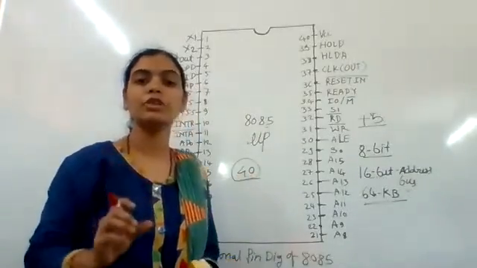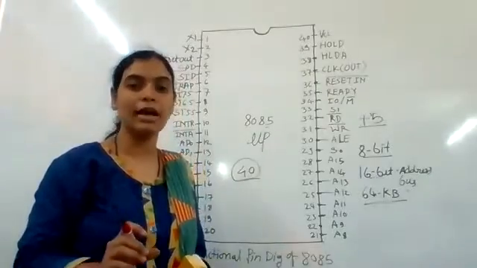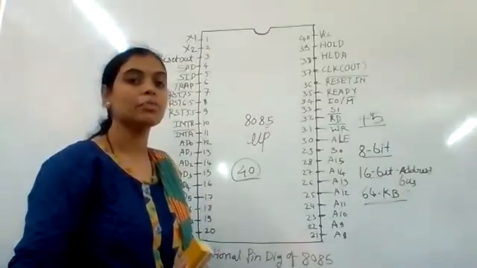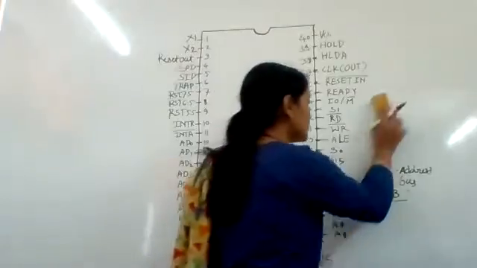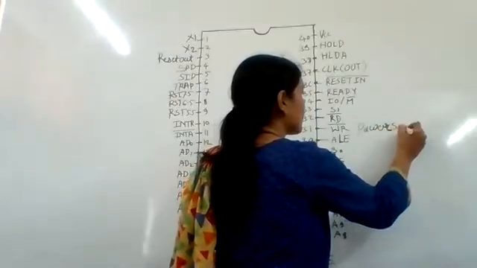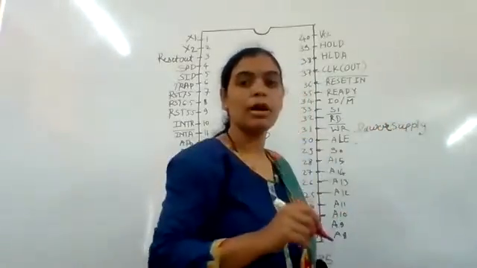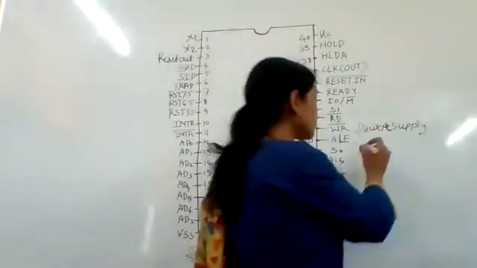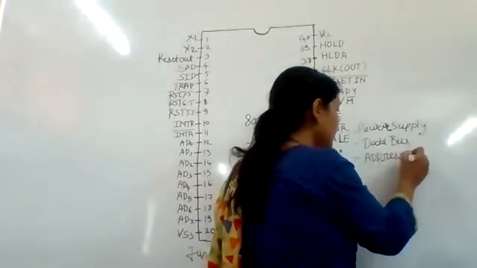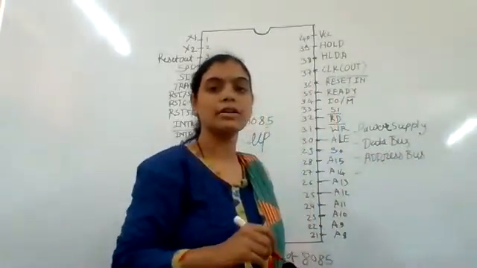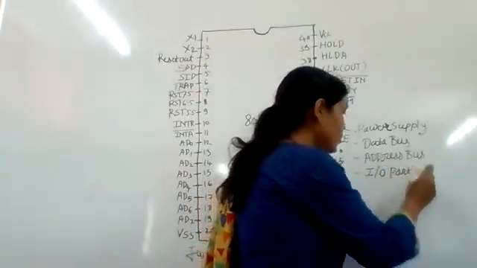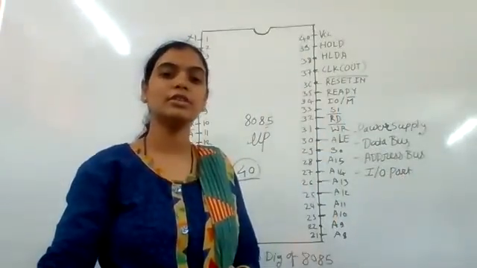The signals of this 40 pin IC are grouped into categories, which are power supply, data bus, address bus, and serial input output port, control and status signals,